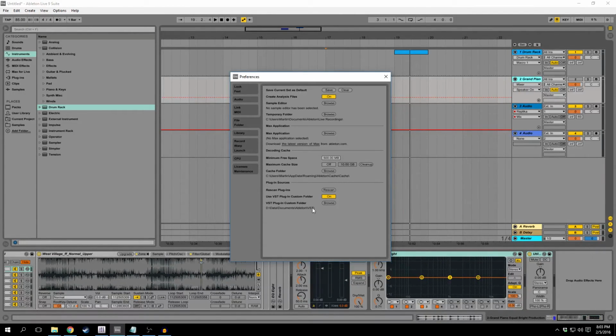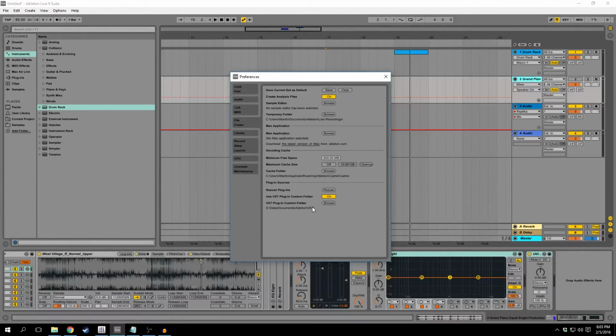Just name it VST or VST plugins or whatever, it doesn't matter. But when you install all your plugins, make sure the actual plugin, not the files with it. Let's say for example you have Native Instruments sound libraries. They can install to your program files, but when it actually comes to installing the VST file,